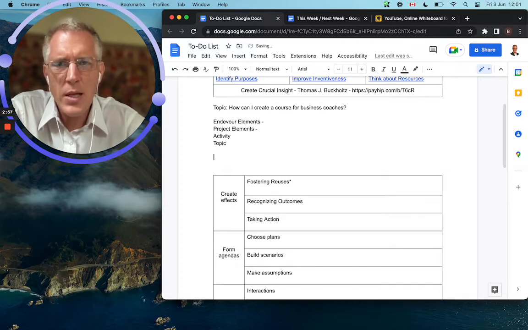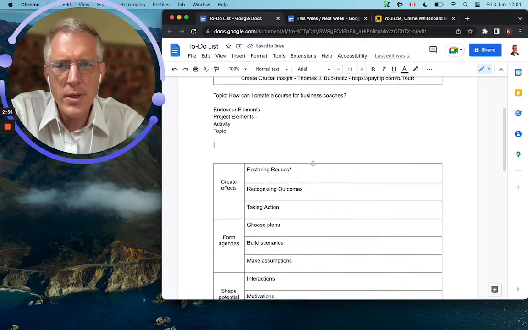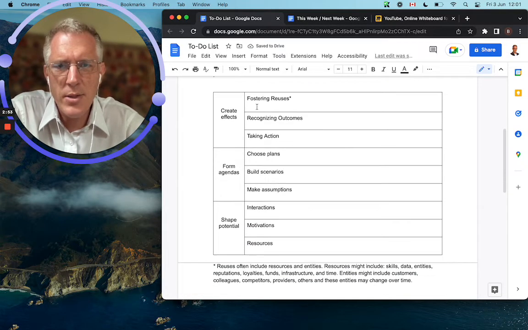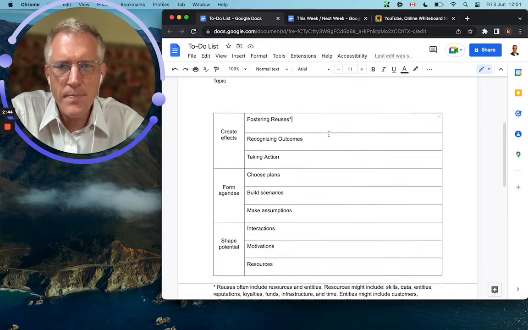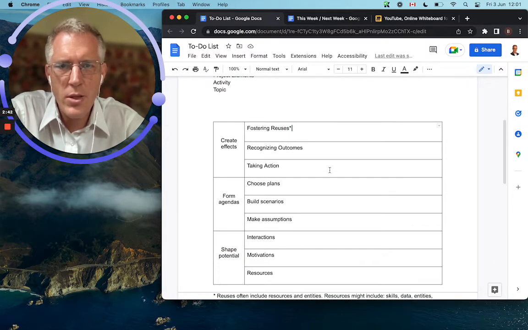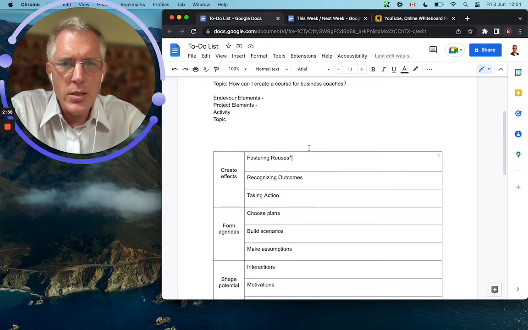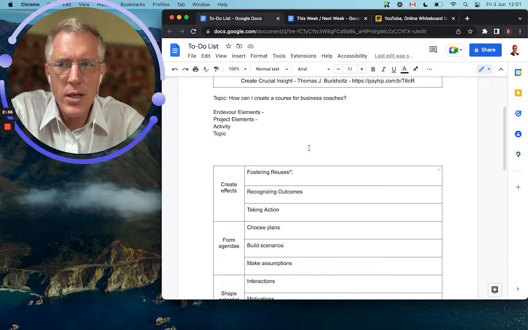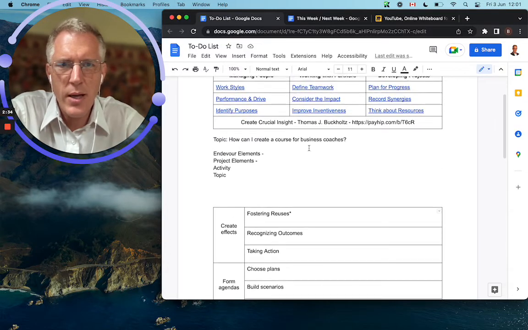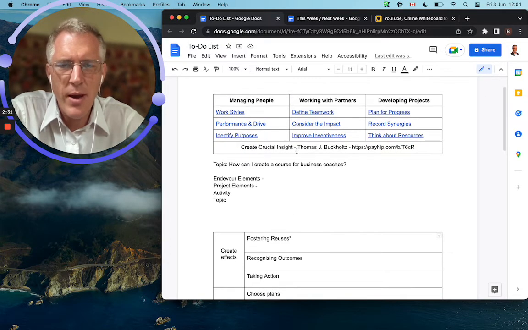Now, let's do some brainstorming before we jump into the endeavor elements. Remember, we have these three endeavor elements, and those three endeavor elements are connected to nine themes, or what you might call typical activities. So this is you, like me and you. Now we're in the same boat. How do we even start? Where do I go? Am I having a problem with managing people? Yeah, I'm having a problem managing myself.